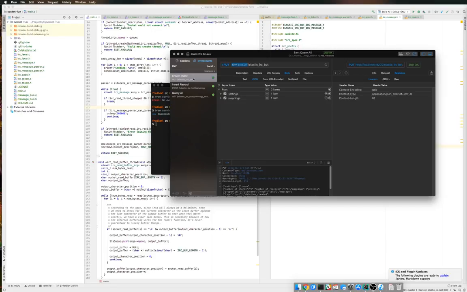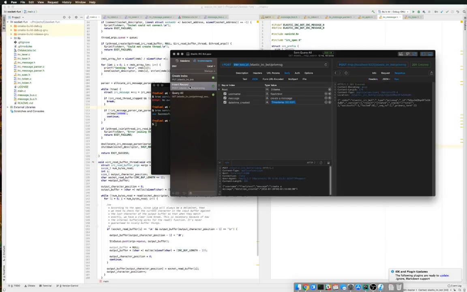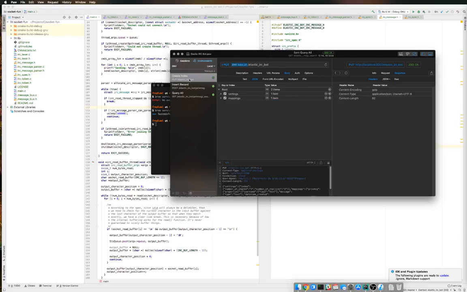Mostly the create index and insert record is what I'm going to be most interested in, probably insert record more so than anything. I'm not entirely sure yet how to create an index if it doesn't already exist in Elasticsearch, but I'm willing to bet that even if I run this command again,